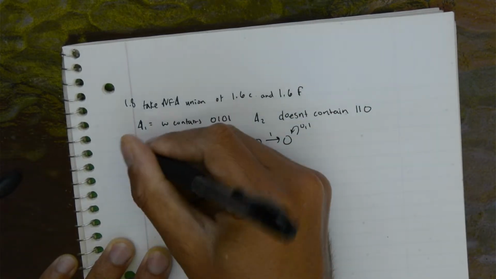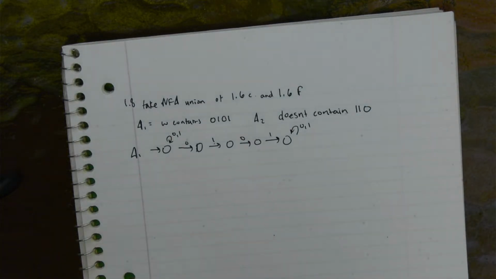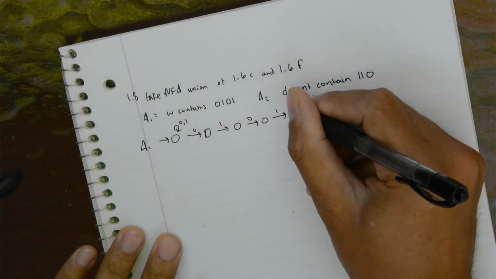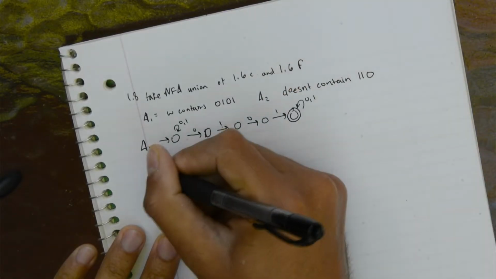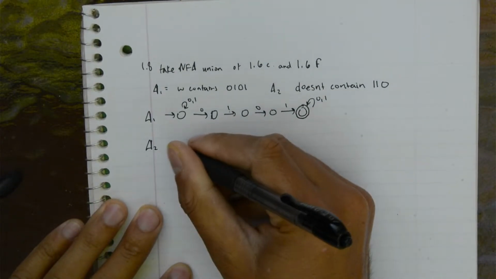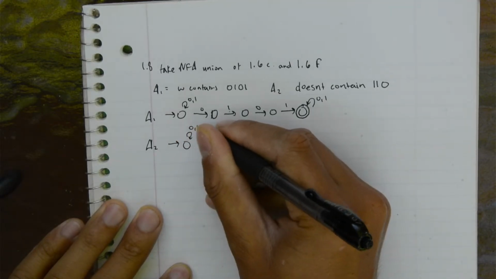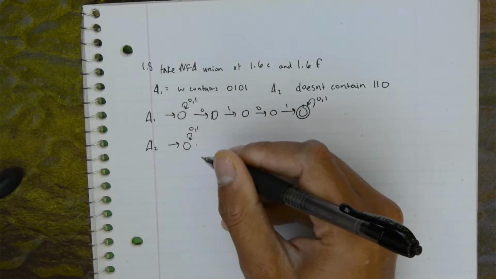So this is A1's NFA. Then doesn't contain 1, 1, 0. We can just do this. Oh, this is the accept. So what we're going to do for A2 is the exact same thing. 0, 1. Oh, wait, actually,